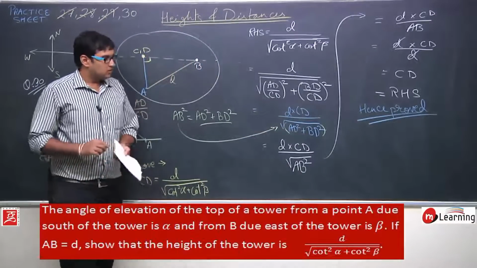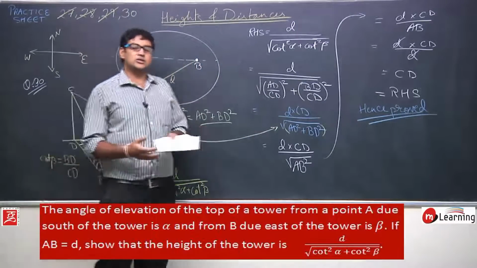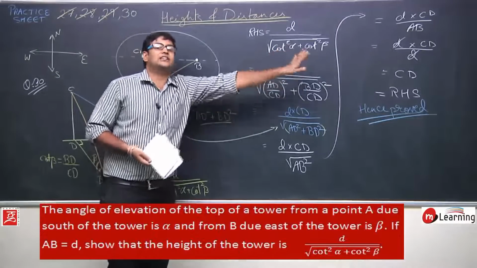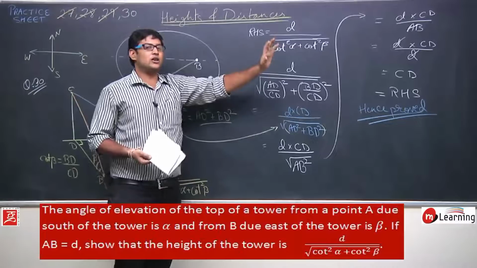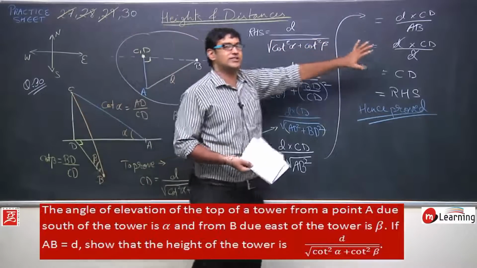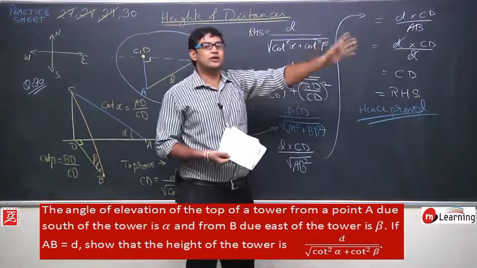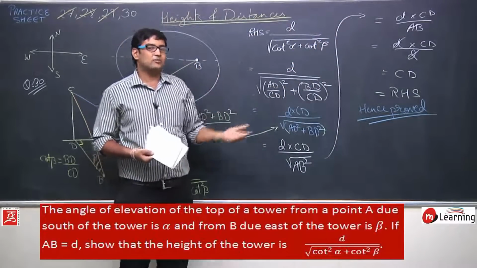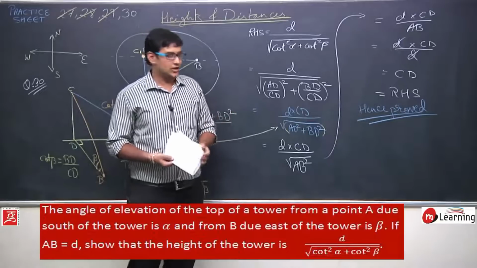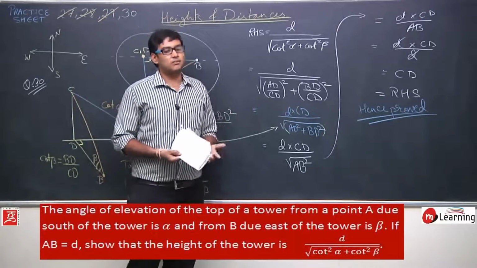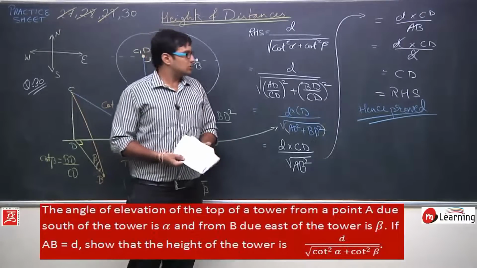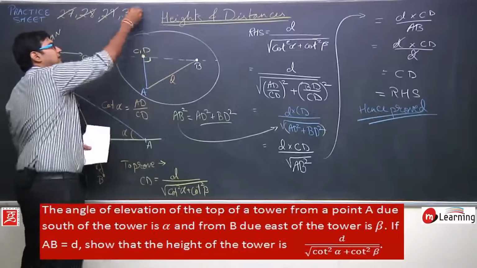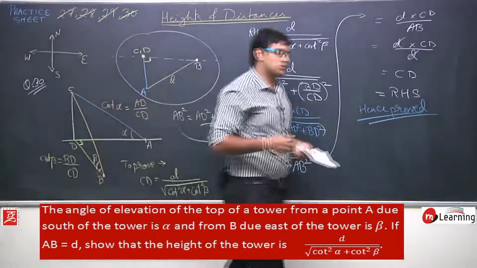So you can see this question is also not very difficult, just the substitution of two values and you will get the final answer. Not at all a big deal for you to solve such question if you have solved 20 or 25 good questions on heights and distances. And we have solved some good questions also, that is the questions from the NCERT book and some good books. So this is the solution for question number 30 from the practice sheet. Okay, so you can note this.